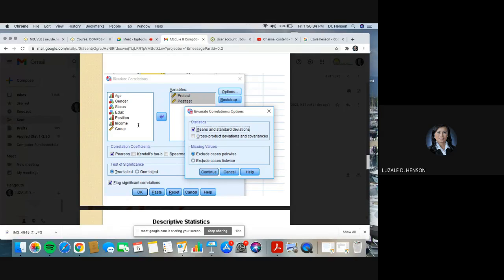As you can see, we cannot use gender because it is not continuous data, nor these others, except income. But if income has this symbol, it means it is ordinal data, so it is categorical data. These symbols in SPSS class: this is nominal data, this is ordinal data, and this one is scale, which means interval data.